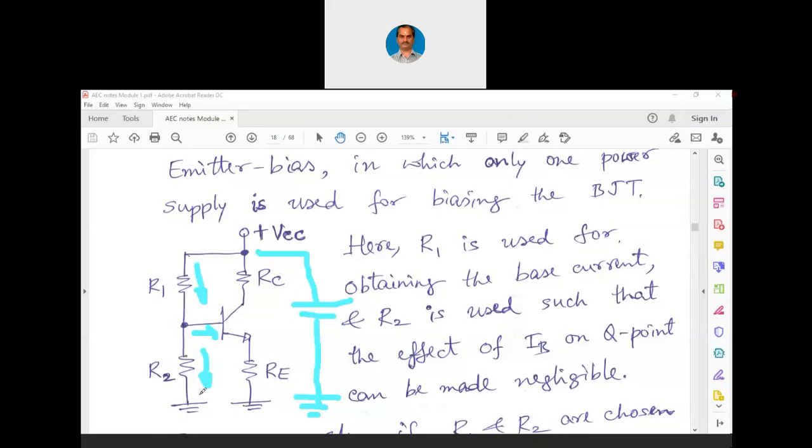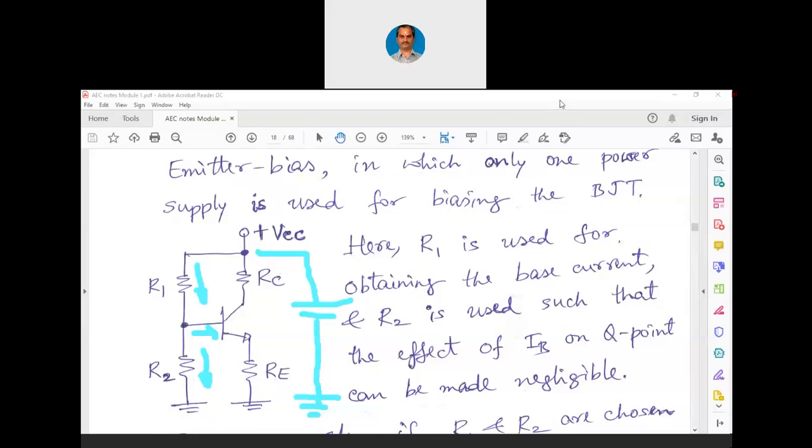Okay. Now, let us choose the values of R1 and R2 in such a way that this IR1 itself is in milliamperes. In the earlier case, it was in microamperes. Whether it is base bias or emitter bias, IB will always be in microamperes. But in this case, we are connecting one more resistor, due to which now IR1 itself is in milliampere. Now, if IR1 is in milliampere and IB is in microampere, we can completely ignore IB. When we completely ignore IB, we can safely say that the voltage across this base will remain constant.